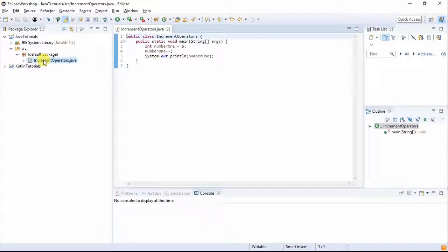I told you the pre and the post are similar but different. We were not able to prove it in the last tutorial, so in this one we are going to learn how they differentiate and how they work differently, and we'll also learn a concept called the if-else